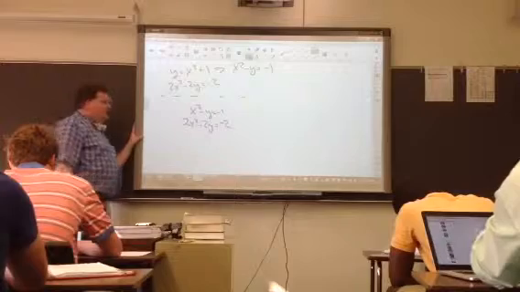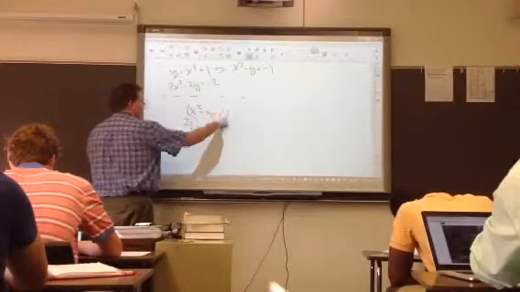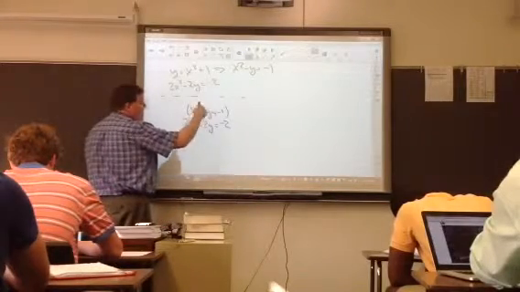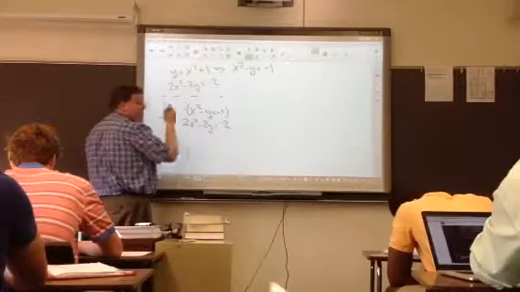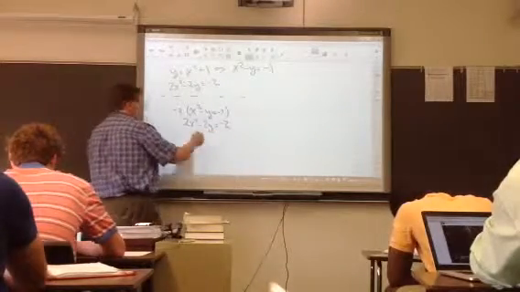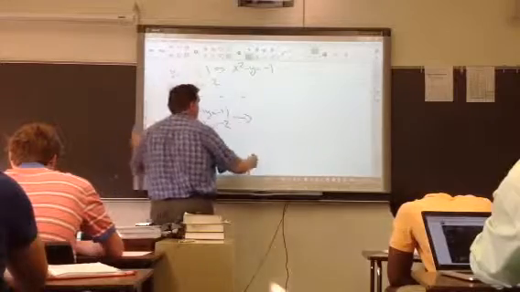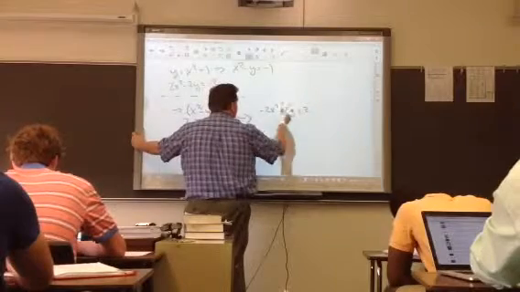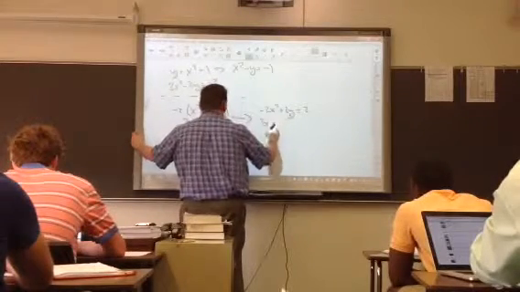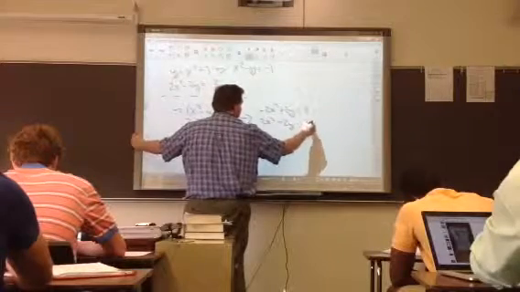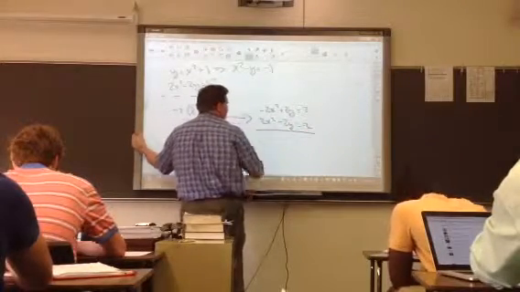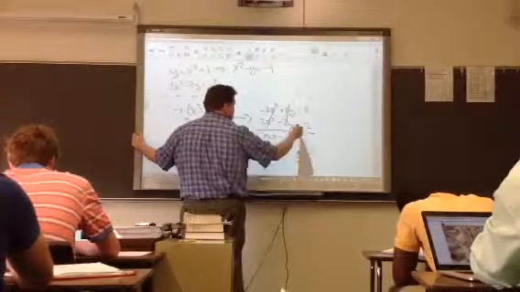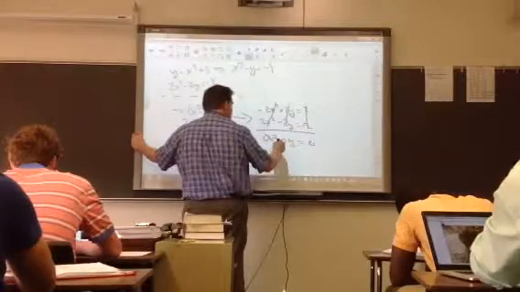What am I going to multiply this top by? By -2, right? If I do that, I should be able to cancel things out at the bottom. So all of this then becomes -2x squared plus 2y equals 2, and then 2x squared minus 2y equals -2. And what happens when I add them all together? I get 0x squared, 0y, and equals 0. So I just showed that